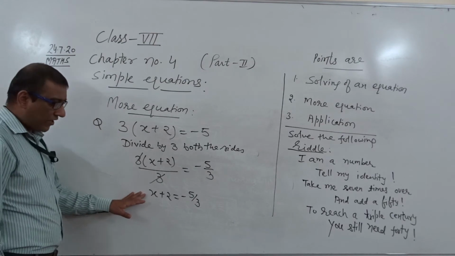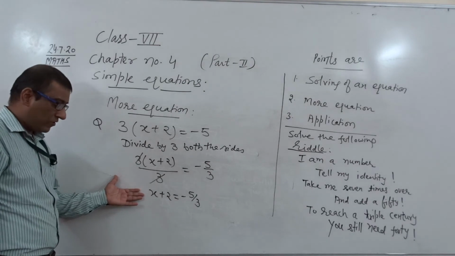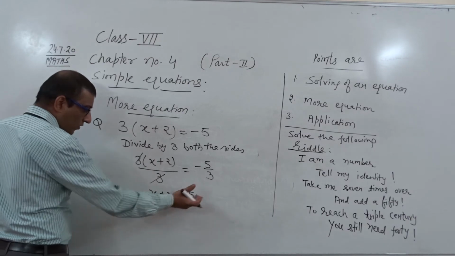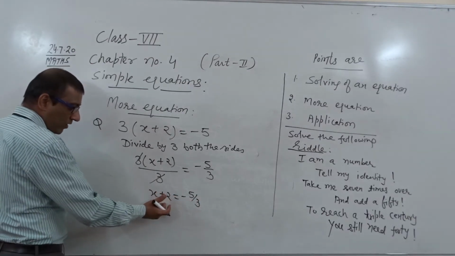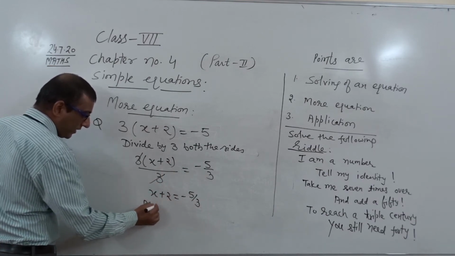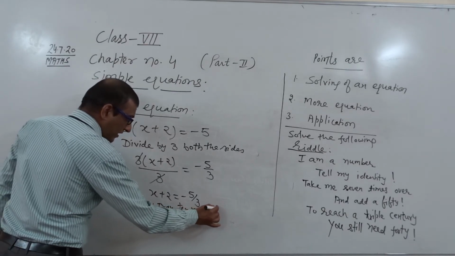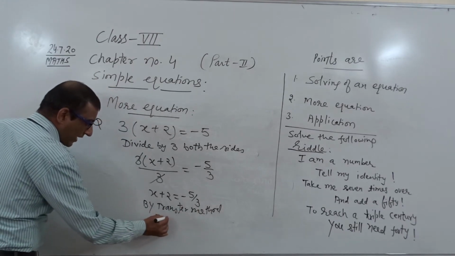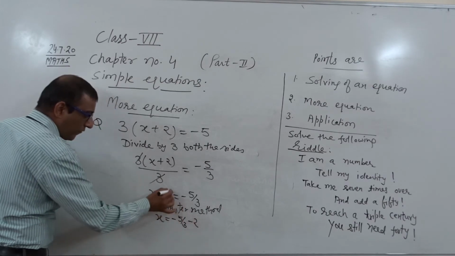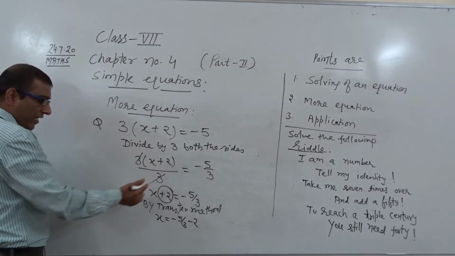After getting this equation, or we can say this is the part of setting up an equation, which I told you in my first video. If we continue with this, either you will subtract 2 from both sides, or you will transfer plus 2 from left hand to right hand. If we are using the transfer method here, that is also known as transposing. So it can be written as minus 5 by 3 minus 2, because if you see here, the plus 2 sign is given on the left hand side. So when you transfer plus 2 from one side to another side, the symbol will change.